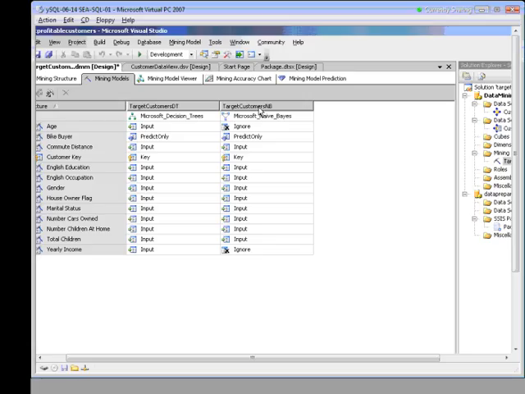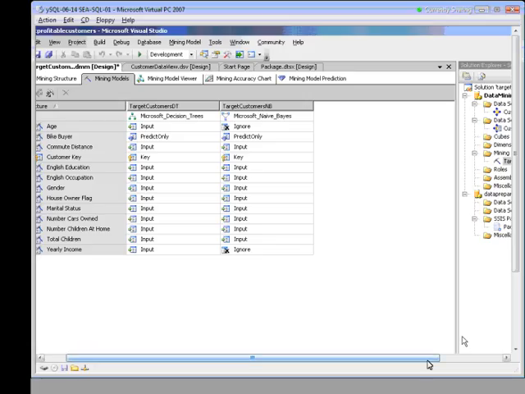What we have are design objects with the definition stored locally in XML files as part of the Visual Studio solution. But Analysis Services, which is where we'll be doing the actual data mining, is not aware of these objects. We'll need to deploy these definitions to the server before we can then process these objects. So let's go ahead and deploy.